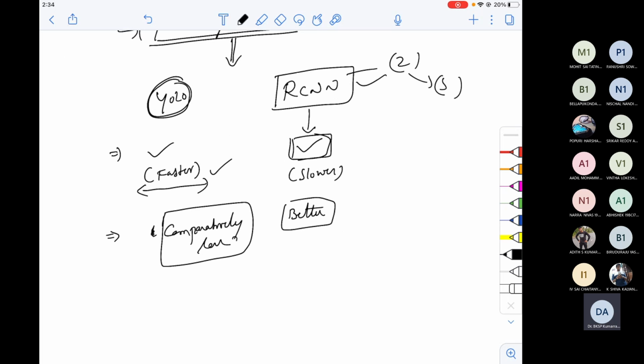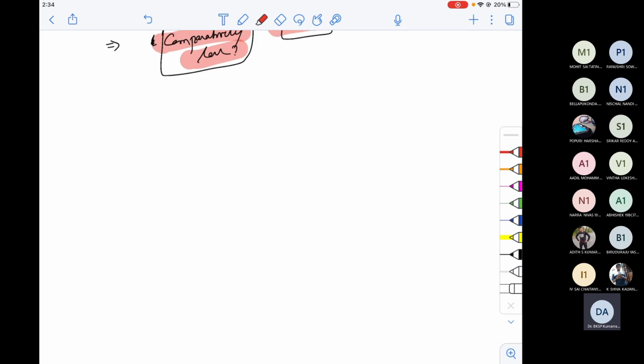This is the question that we're interested in. Faster makes sense because it works in a single stage. Slower makes sense because it works in two stages. But I'm telling you that RCNN draws better bounding boxes than YOLO. YOLO also works extremely well, but in comparison, RCNN is slightly better in terms of drawing accurate boxes. Why so? We will see.